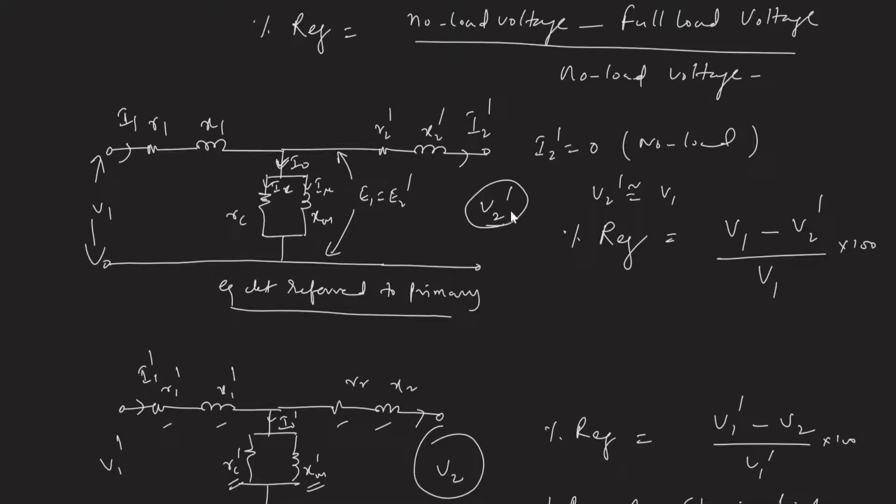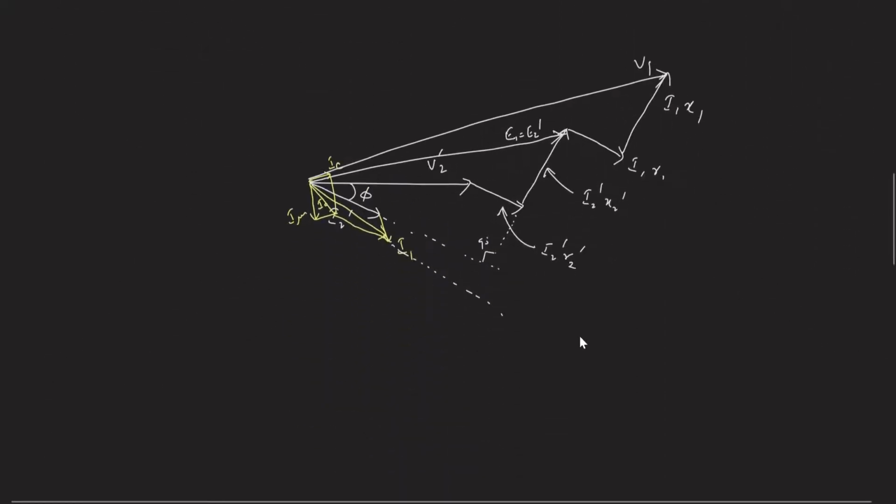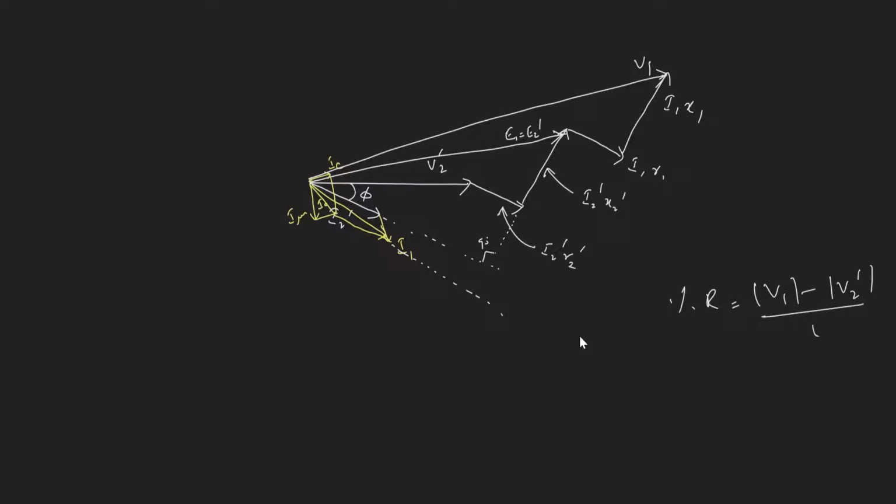Okay, so now from the terminal voltage, we know the full load terminal voltage and the corresponding current and its power factor angle. All from this and the circuit diagram parameters we know. From that we will be calculating the induced supply voltage vectorially, and then we calculate the percentage regulation is equal to V1 magnitude minus V2 dash by V1 magnitude multiplied by 100. Okay, so that is the actual procedure to get an exact percentage regulation of a transformer, given the circuit parameters of the transformer, right?